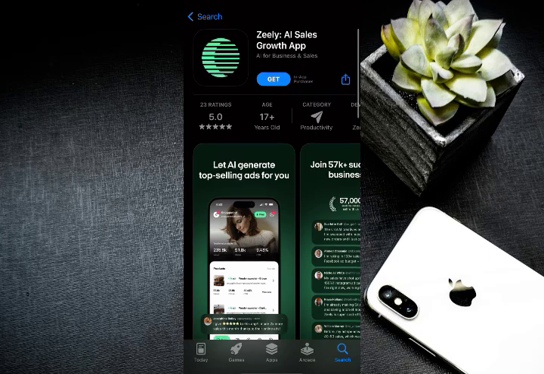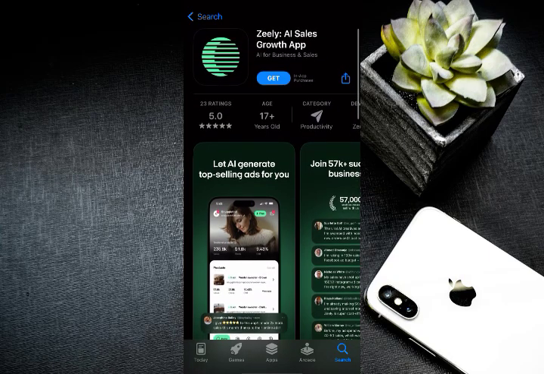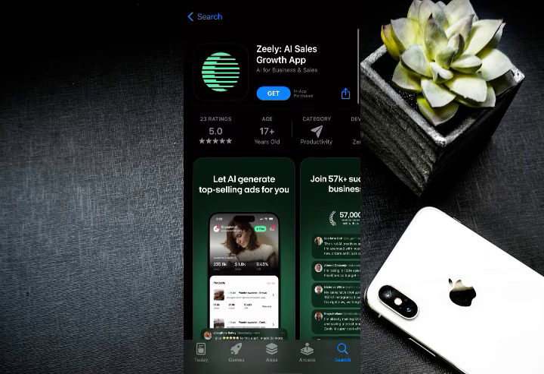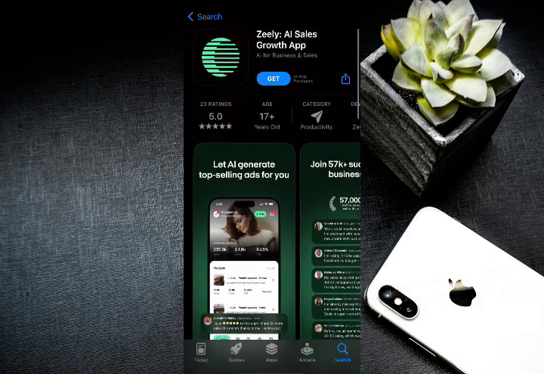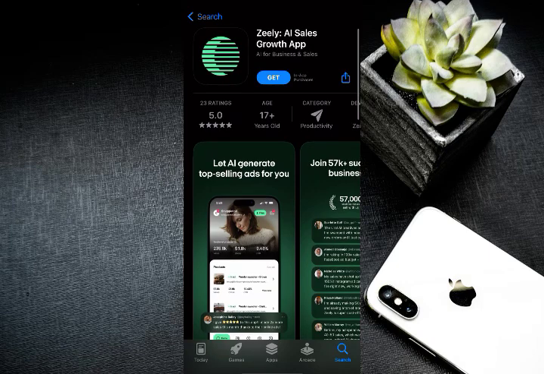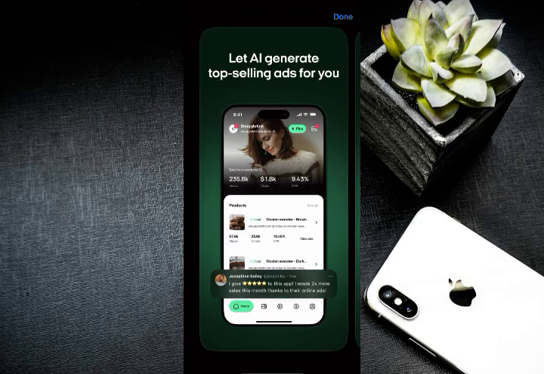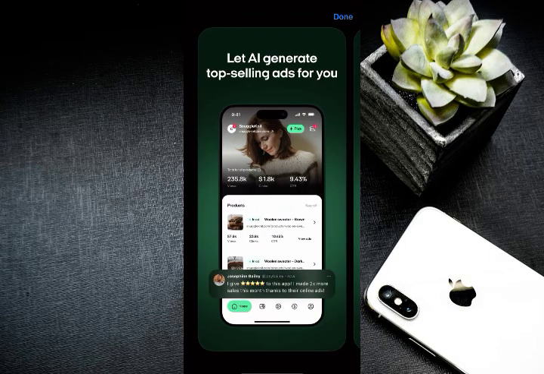Next, you will choose or customize a call to action button like shop now or get offer, and provide the link to that sales page or specific product. Zeely uses AI to automatically adjust your ad's content to fit the platform, for example, Facebook, Instagram, Google, and optimize